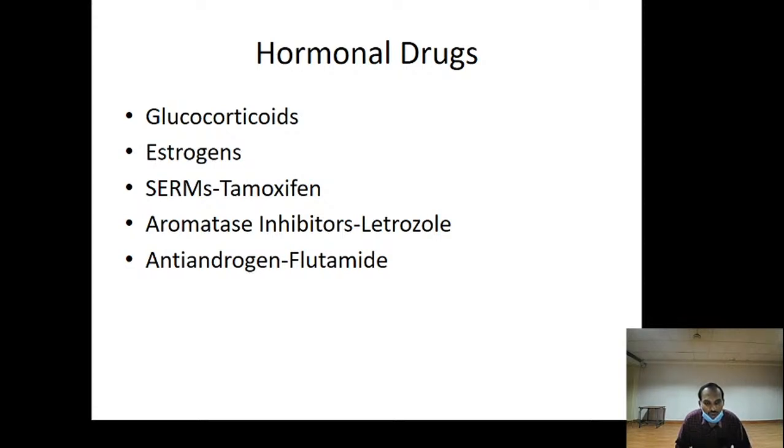FOLFIRI regime is again used in colorectal cancer and also sometimes head and neck cancers. FOLFIRI regime is 5-fluorouracil, leucovorin, which is formyl tetrahydrofolate, and irinotecan. So FOL is for the folate, and then IRI, that is irinotecan. FOLFOX and FOLFIRI are used in colorectal cancers and head and neck cancers, whereas the BEP,